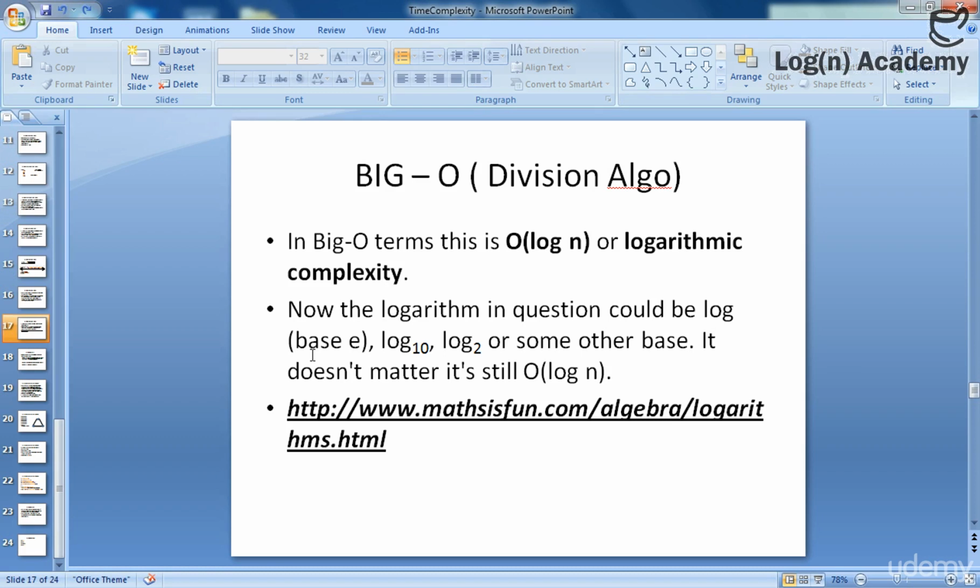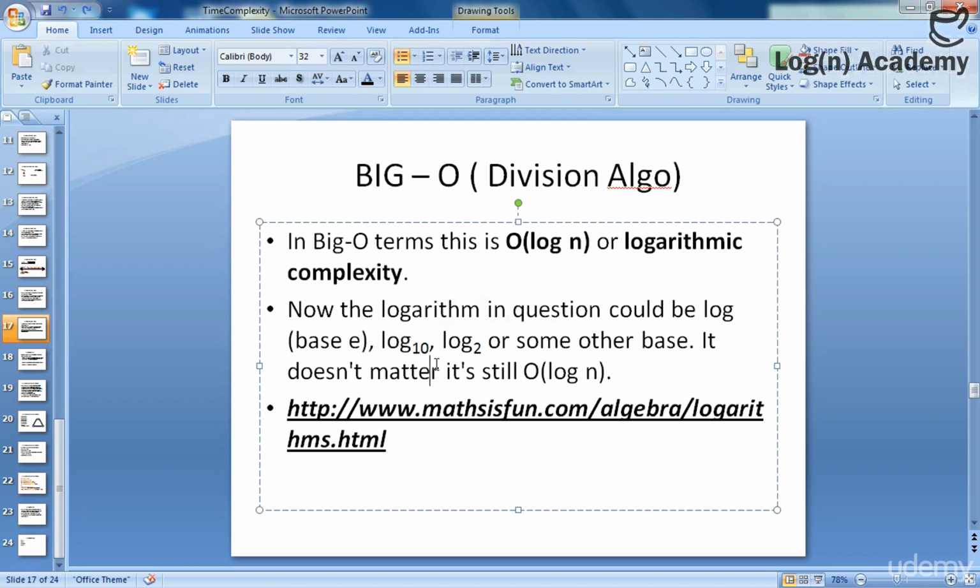They have a base of 2 or 10 or 5, whatever you want to give them. They work on a base. So normally when you are working with your calculators, the base of the logarithm is 10. But in computer science or in binary search or these kinds of search, we assume that the base is 2, right? To know more about logarithm, if you are not familiar or you need to refresh your